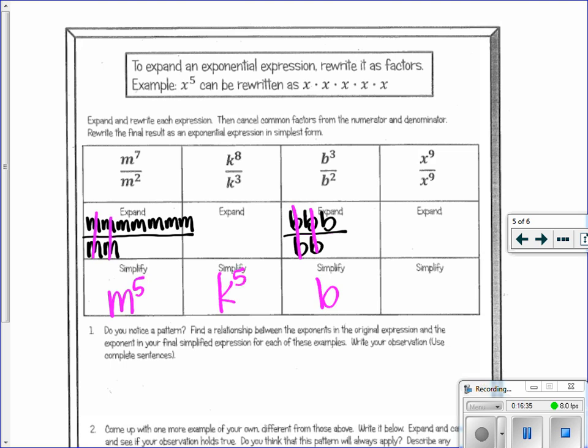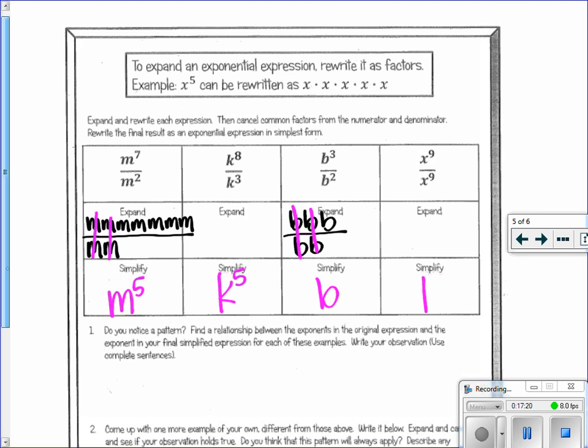What about this last one, the x's? 0. No, it's 1. What's m divided by n? 1. Because when you divide something by itself, it's 1. So what's happening here? It's dividing by itself, so the answer is actually 1. We were dividing x to the power of 9 by x to the power of 9. If you subtract, it's really x to the power of 0. Preview for one of our other rules: any power of 0 is 1. We'll do that